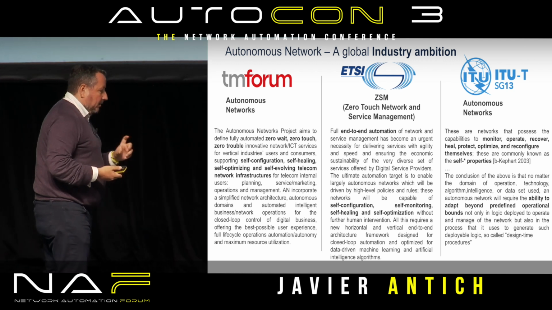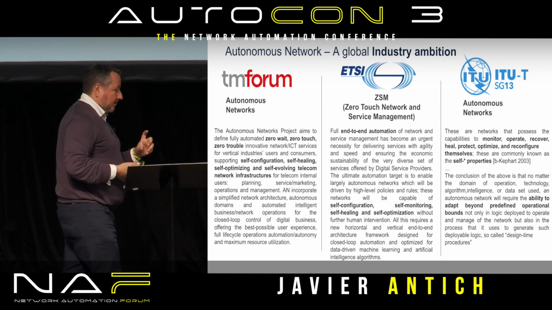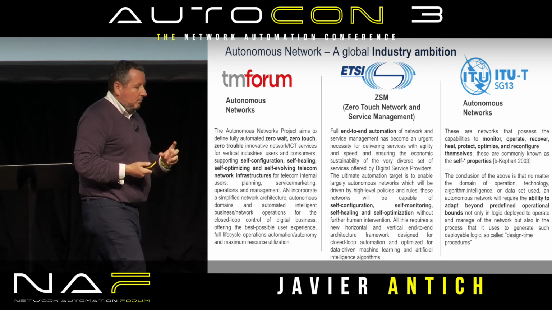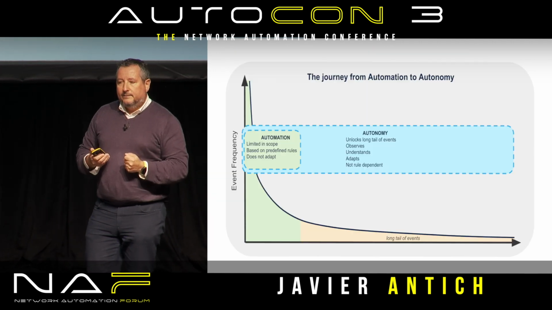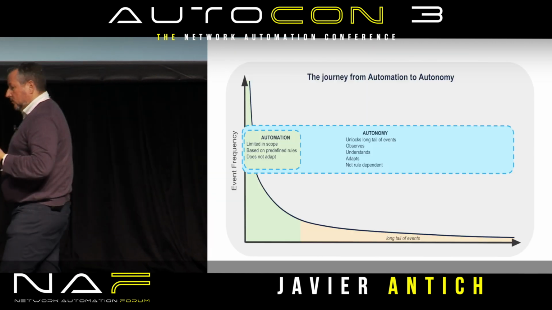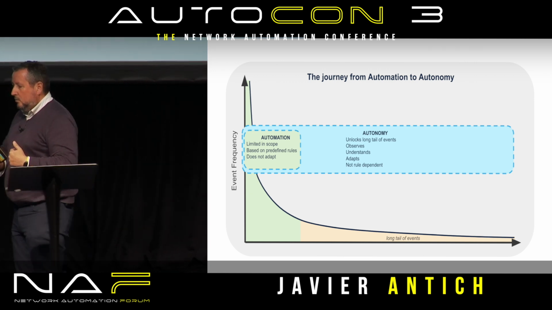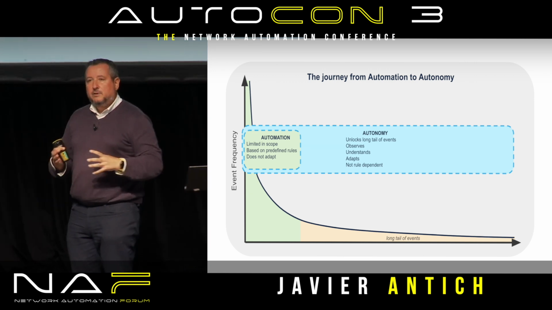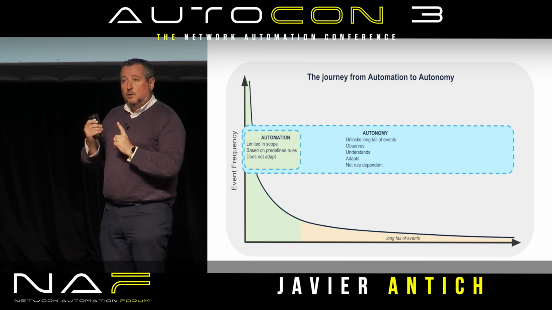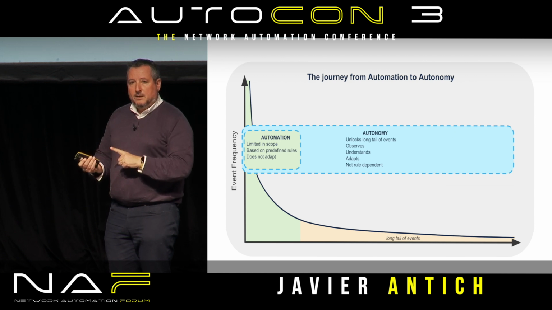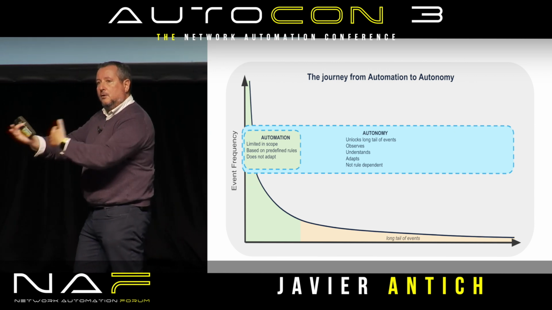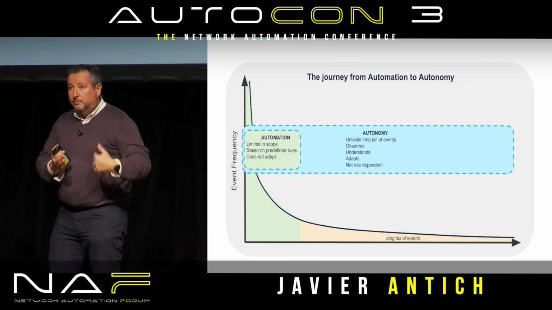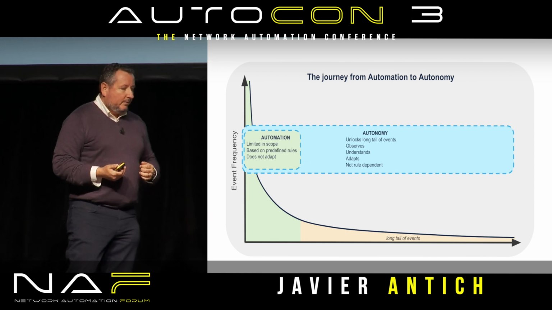But there is a simple, but actually at the same time profound, differentiation that we need to understand, which is that ultimately what we need to go is beyond what we understand today as automation to autonomy, right? And it's not one versus the other, it's from one to the other. It's on top of, it's in addition, it's evolving from one to add additional capabilities.